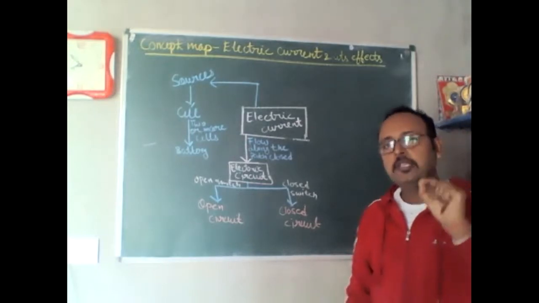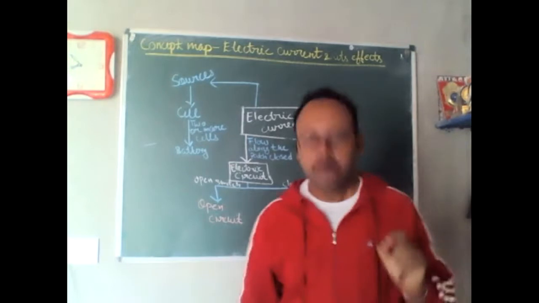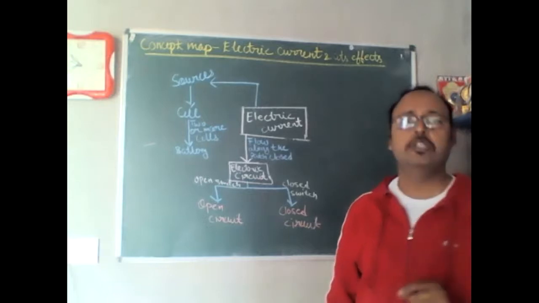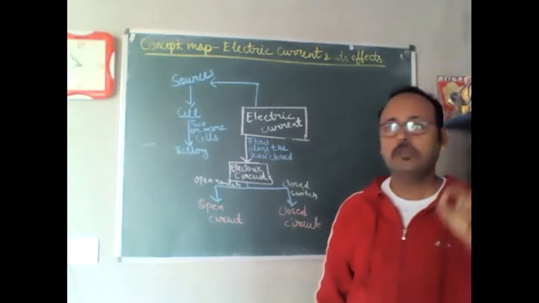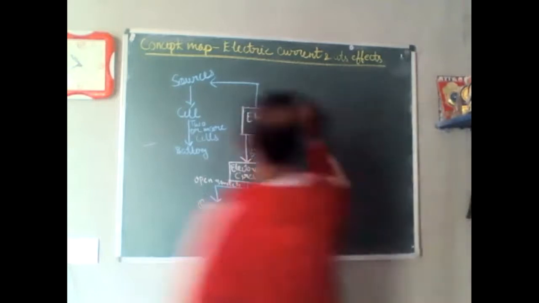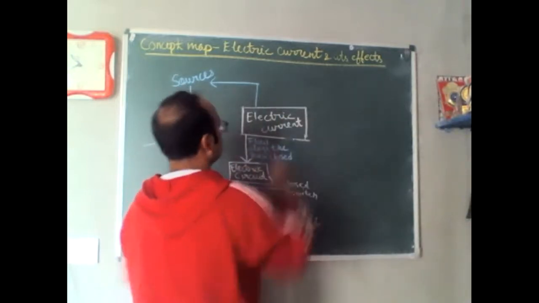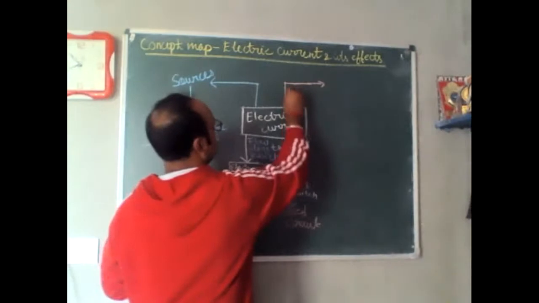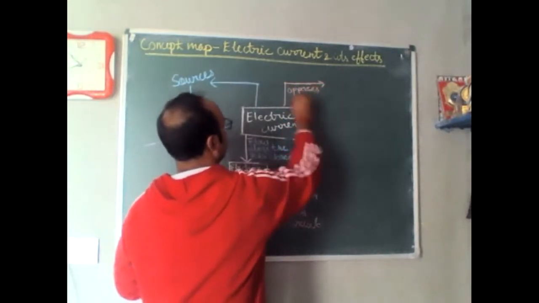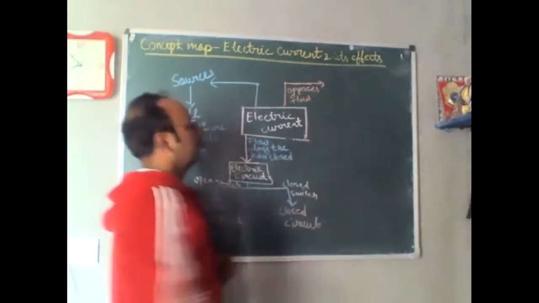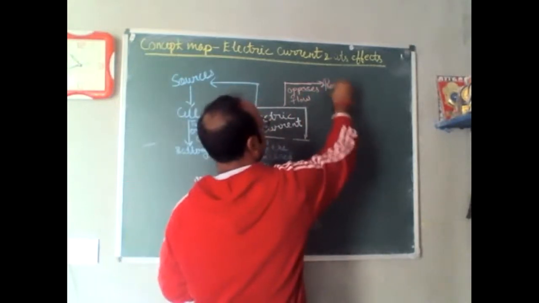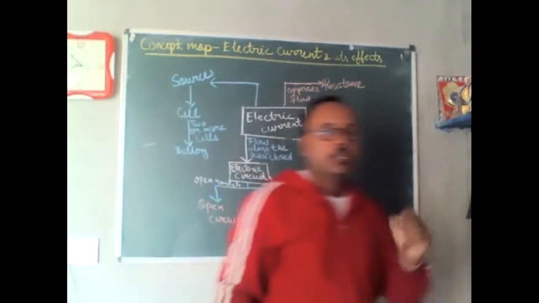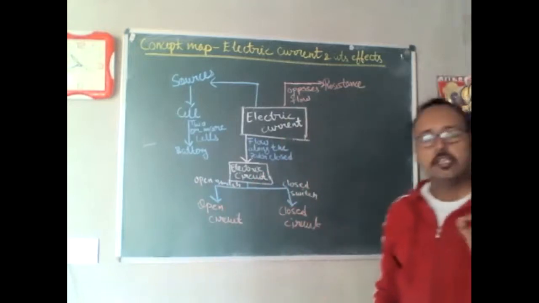Now, one term which I would like to discuss with you, and you should be aware about this, is that there is one physical quantity which always opposes the motion of the current. That means which will not allow the current to flow. That quantity is called resistance. Always keep in mind the resistance. You will study in your higher classes about resistance. The physical quantity which always opposes electric current to flow.